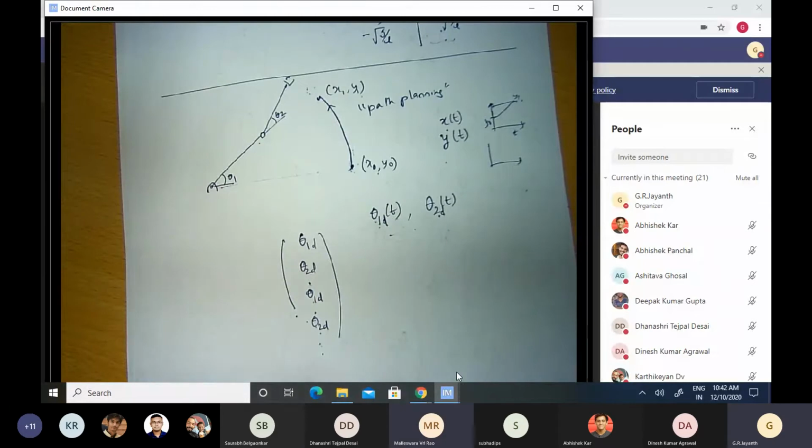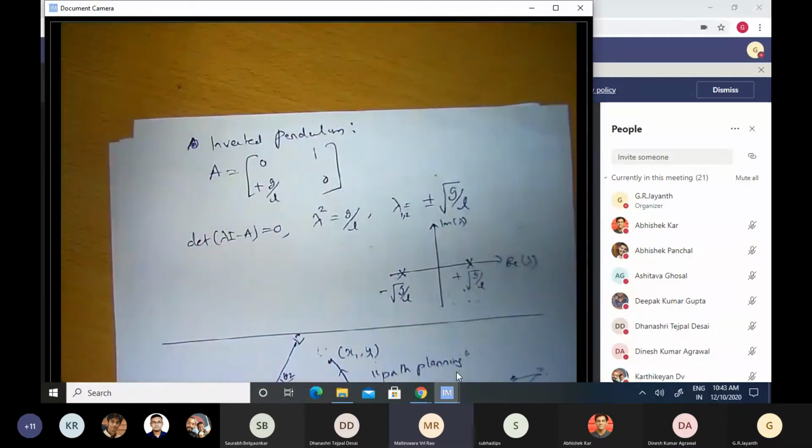When we attempt to do this, there's a very simple... Hello? Yes, hello. Yes, sir. This is Maleshwara. Okay, tell me. Sir, in the previous case, in the pendulum case, we got one of the eigenvalues as negative. Correct. That means we have a chance that the pendulum gets back to its original position.